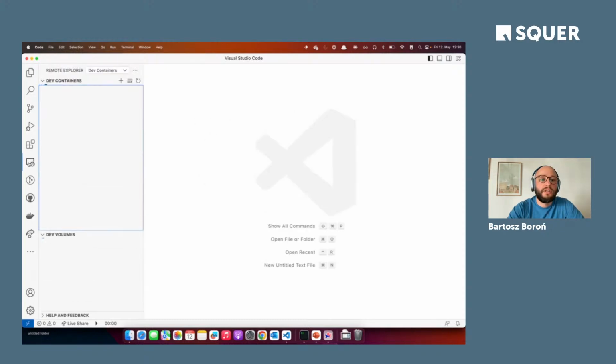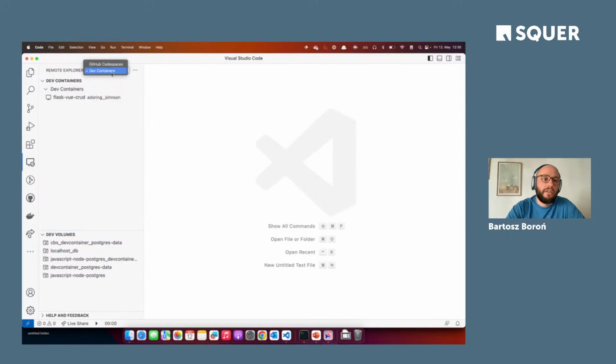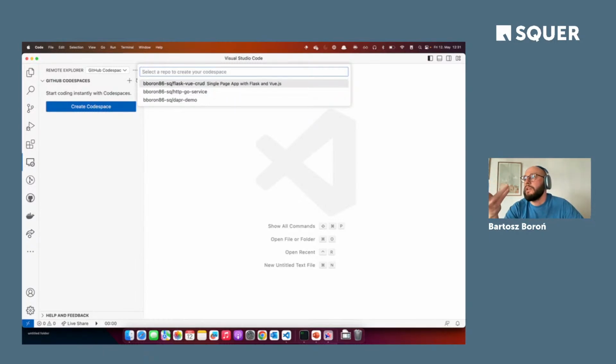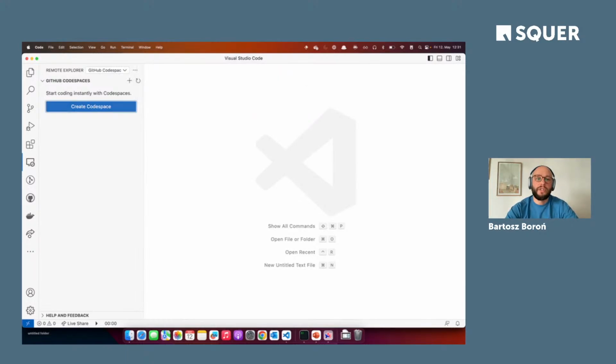How to do it? Well, in VS Code, again, it's very easy if you have the VS Code extensions. You can see I have the dev container, and then you can also switch to the so-called Codespaces. I don't have any running. What I can do is basically create a codespace, which is essentially creating a VM and running the container there. So I have this repository.